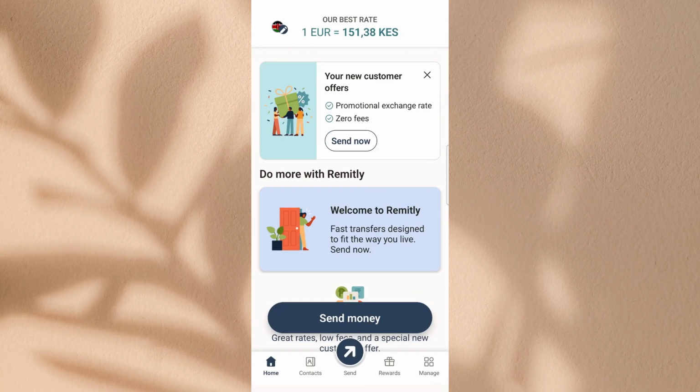In today's video, I'm going to teach you how to send money to Malaysia with Remitly. To get started, open your Remitly account in the app or on the website and make sure you're signed in. Once you're on the main screen, look at the country shown at the top. Tap or click on it and then select Malaysia as the destination country.